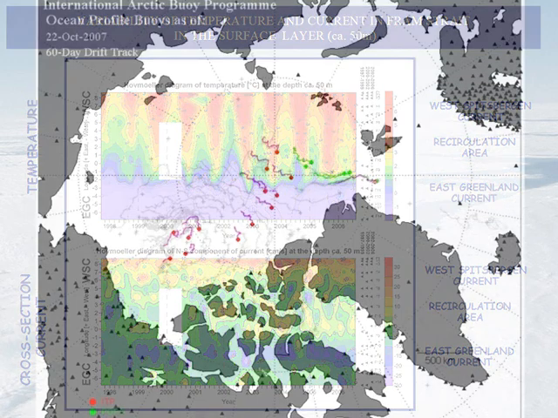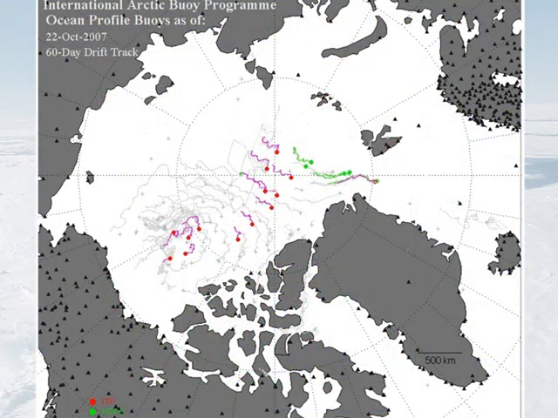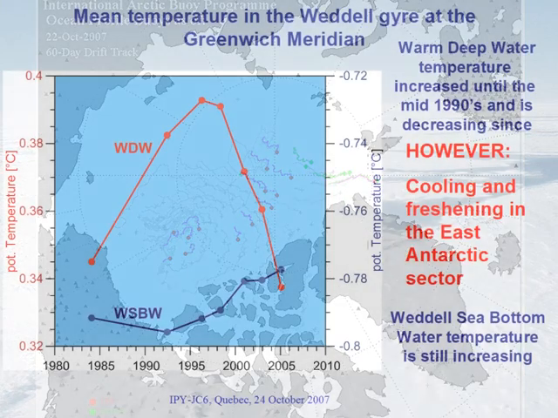We further developed this system of observation now not only from the boundary but within the Arctic Ocean, and now for the first time this year we deployed a number of profiling buoys on the ice which are providing the stratification of the Arctic Ocean, and there we can observe what this heat is doing in the Arctic Ocean.